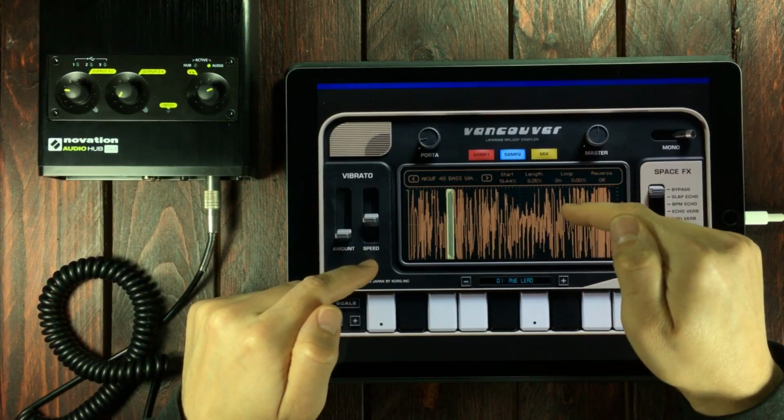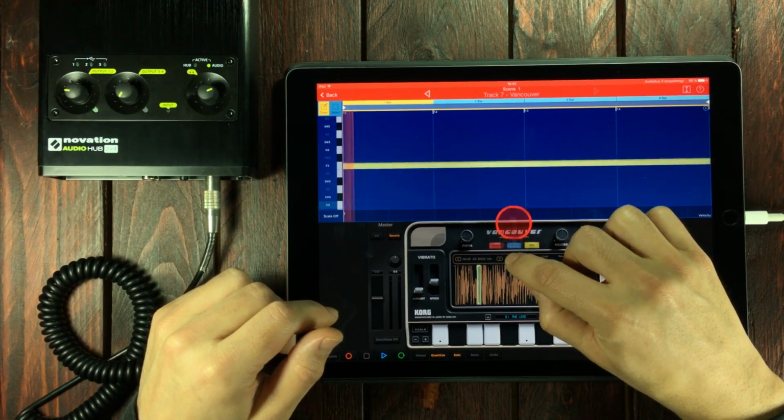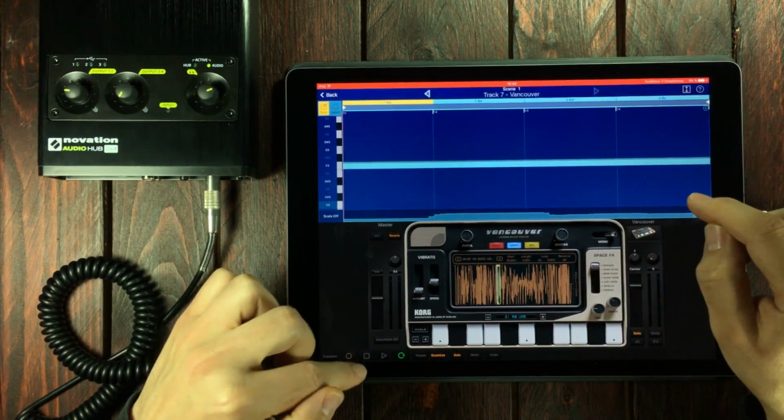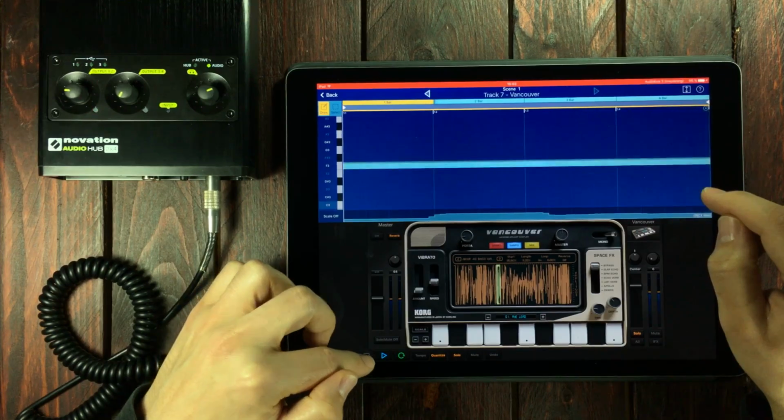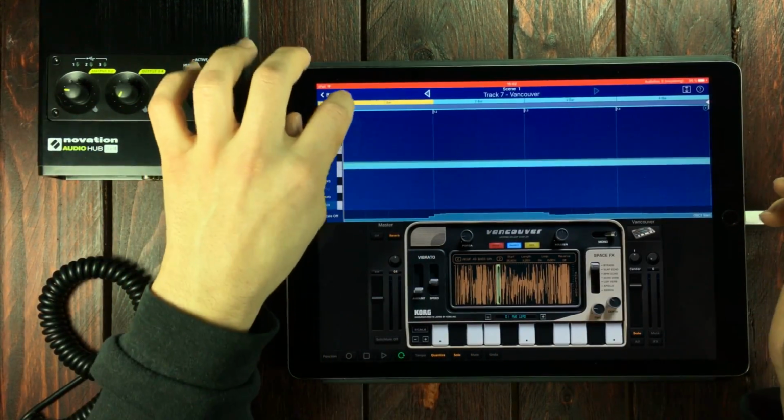And you can automate that. Let's just put in one note. And that is fun. Now you can use this same automation technique to do